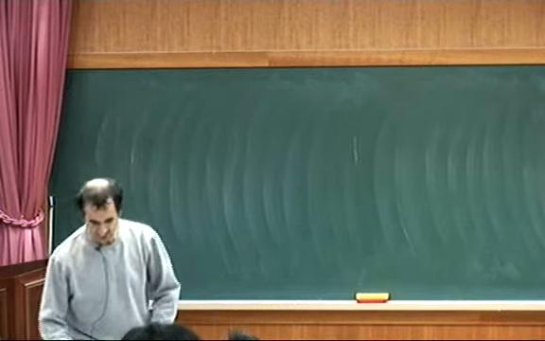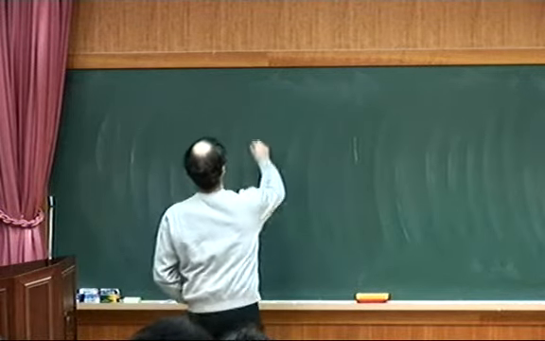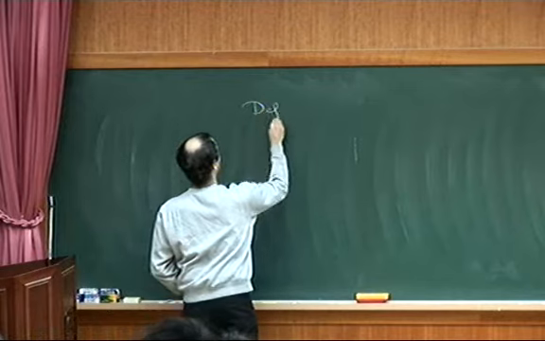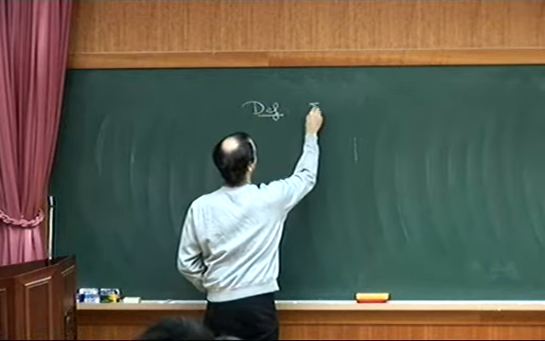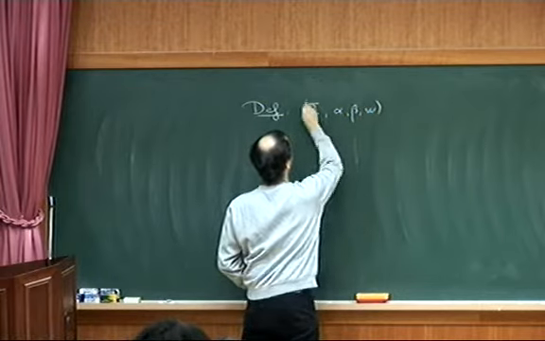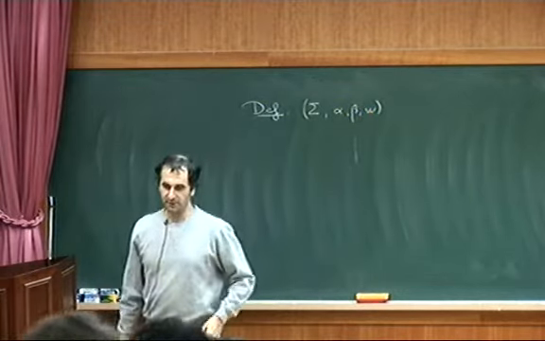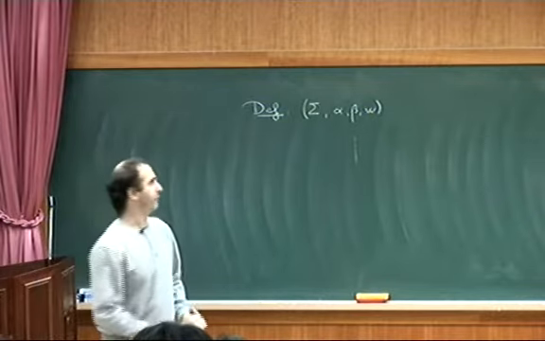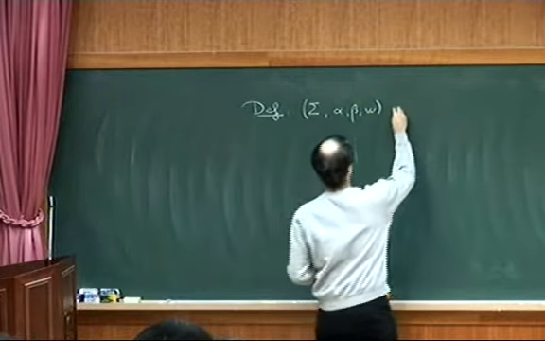To develop such a theory, let me just start with some definitions. Suppose we have a quadruple sigma, alpha, beta, and w, and we say that it's a multipointed Heegaard diagram